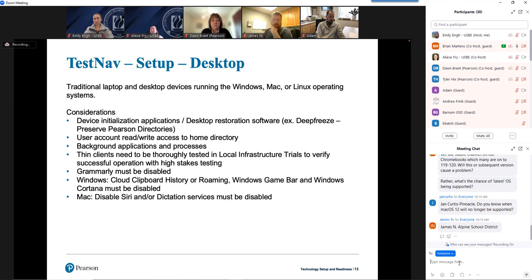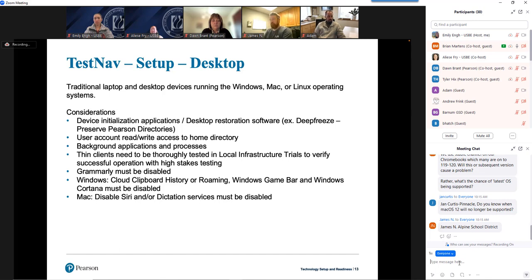And we want that Pearson folder to be exempted from any Deep Freeze or related process that wipes out files in it, because we save log files of what's going on when people are testing so that we can troubleshoot issues. And we save an encrypted backup file in case it's necessary to save student responses because of a loss of connectivity. And we don't want those two types of files to be destroyed. So just be aware of that.